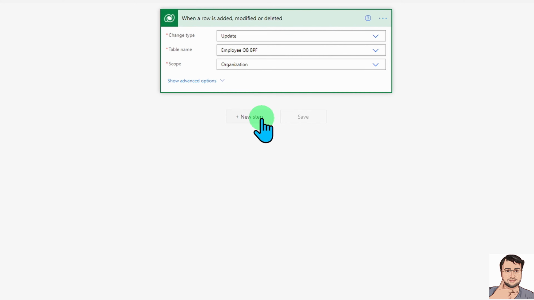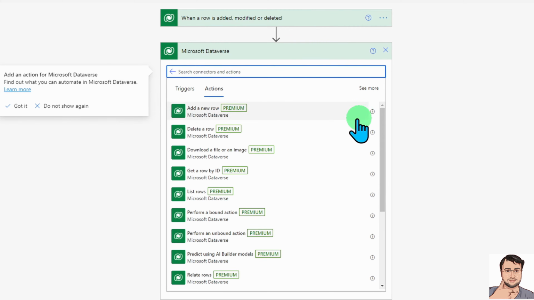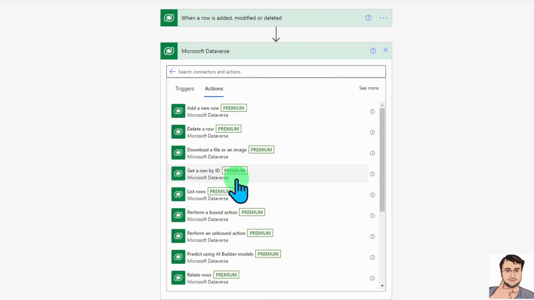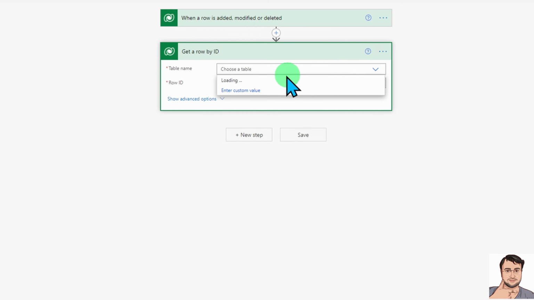Now as a next step, we need a row from our process stage table. Process stage is a default table that is available in Dataverse, and basically when we pass this particular ID here, it will give you the entire row. So let's click on Microsoft Dataverse and select get row by ID. We need to find the table name as process stages.